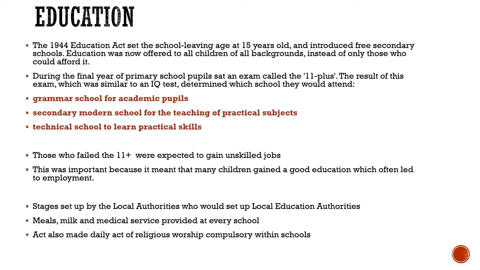The stages were set up by the local authorities. It would set up local education authorities, with meals, milk, and medical services provided at every school. Now again, this was also a game changer because you think about the slum areas where people were, the starvation and the deprivation that was happening, children could now go to school and get a good meal. And this has massive effects on cognitive brain development, okay? So your brain, as you probably know, works a lot better if you're fed, because you're not focusing on starving, and it helps develop you a little bit more. So that was a proper game changer as well, because obviously they're actually being fed better than they were at home because their parents couldn't afford to feed them. Medical services as well.